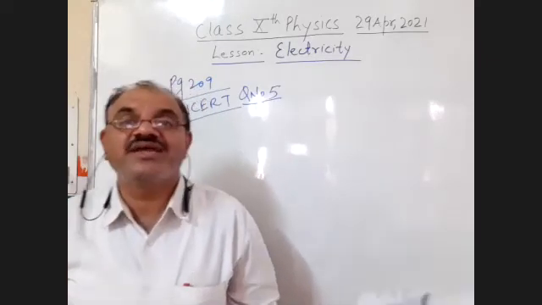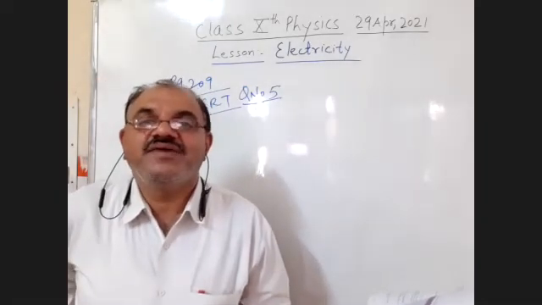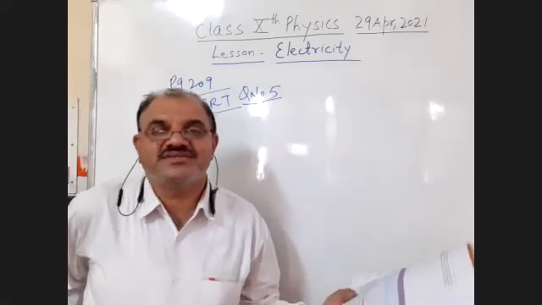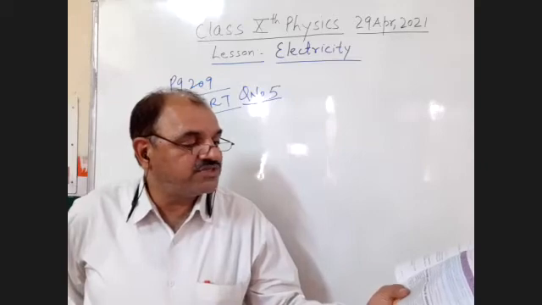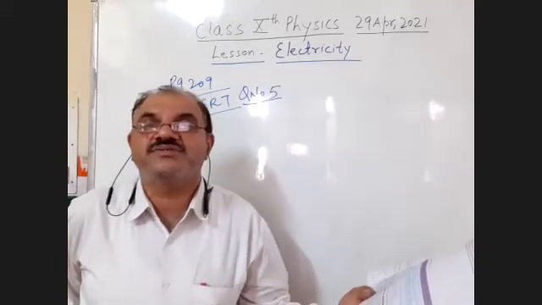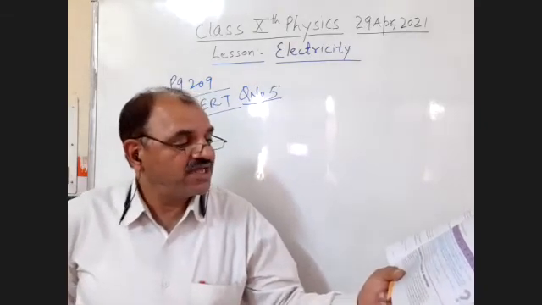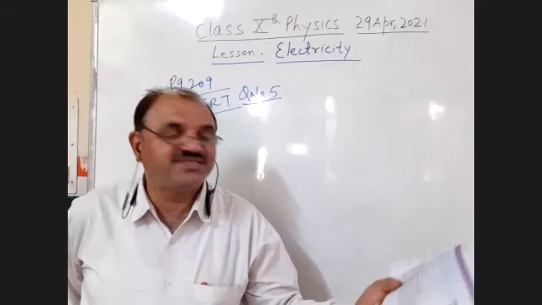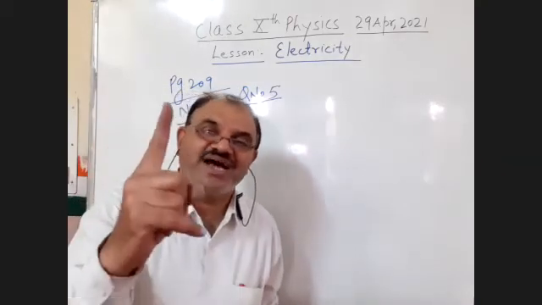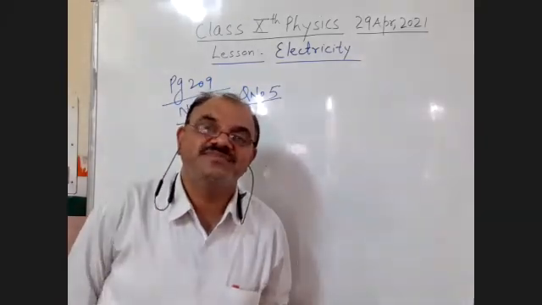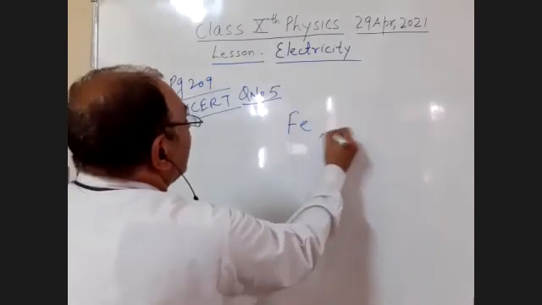It is given in your NCERT book, students. You can go through it; there's a table where the resistivity of different materials is shown. Now, students, using the data in Table 12.2, answer the following questions. What are the questions they are asking? Number 1: which among iron or mercury is a better conductor? They are comparing the two. One is iron, the second one is mercury. Here I'll write down the symbols: Fe for iron and Hg for mercury.